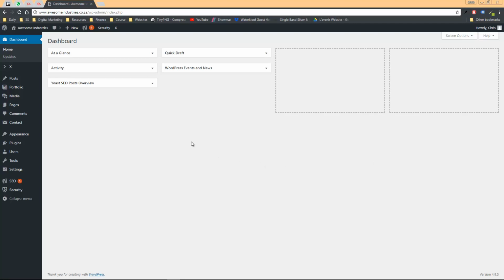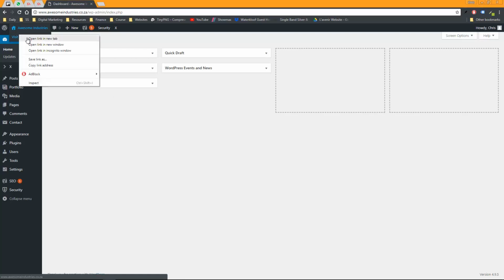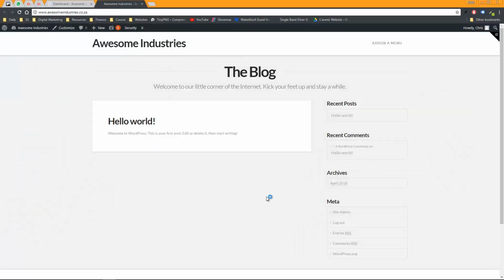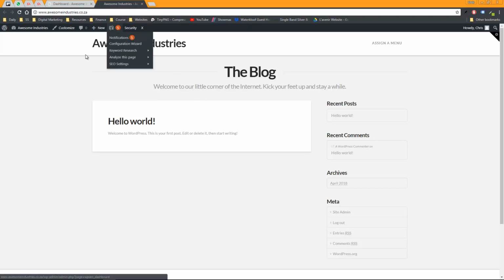I'm going to start this tutorial by going to the front end of the website. Now, traditionally in WordPress, you would have an edit page button here at the top, which will bring you to a sort of Microsoft Word looking content editor that you would have to use with copy and pasting text and images, and you know how difficult it is to realign an image in Microsoft Word. We all know this, the pain. You're going to have to use a system like that to try and build the best website that you possibly can. It was very limited, very outdated, and the X team has provided something that's truly incredible